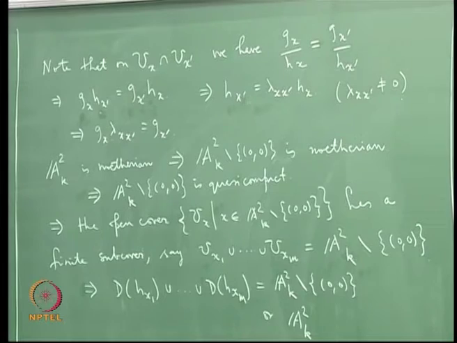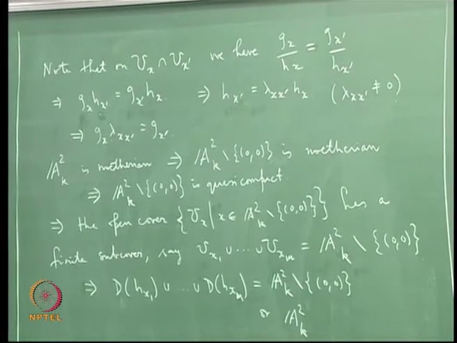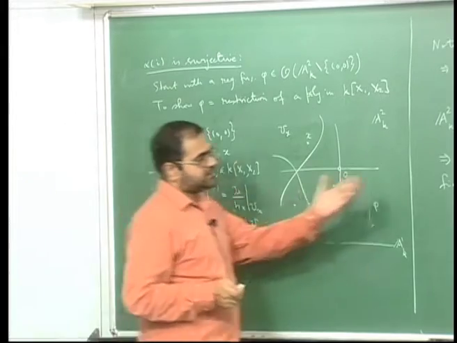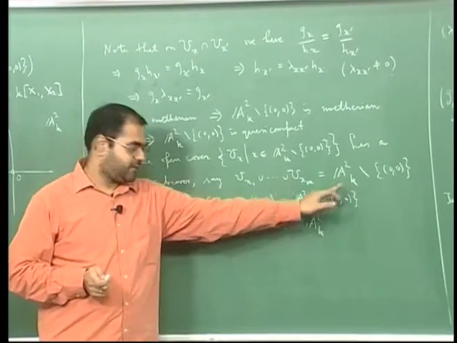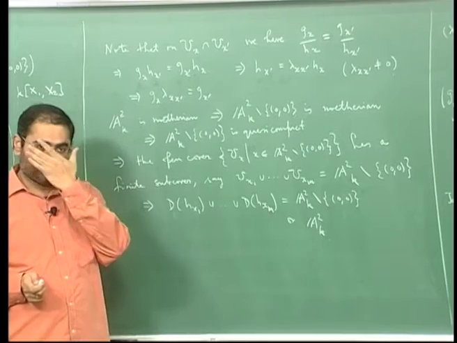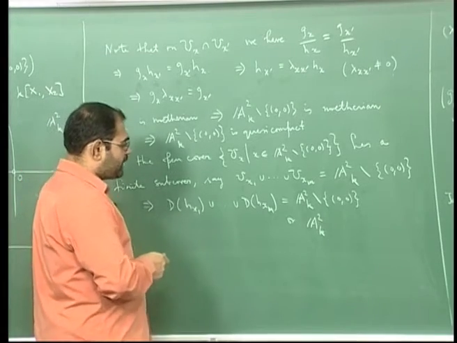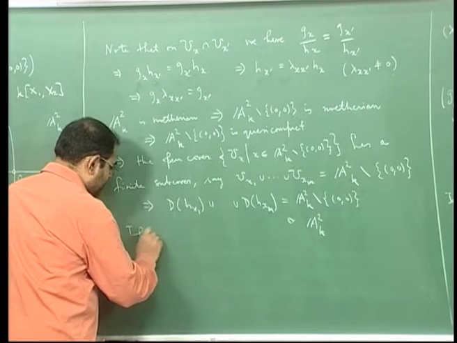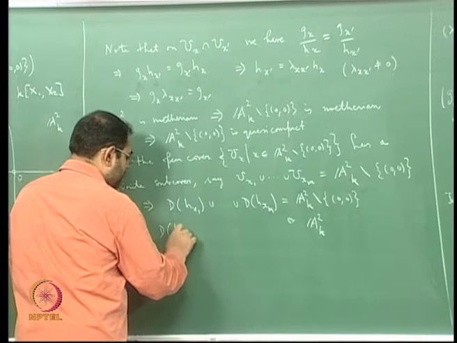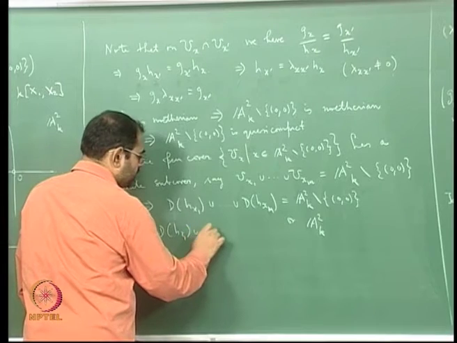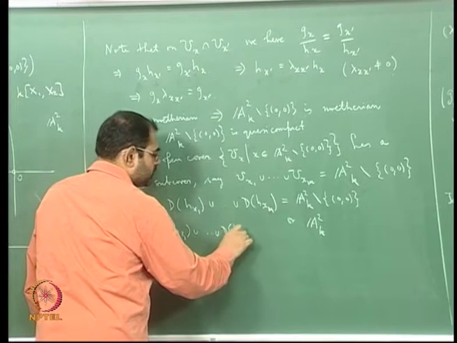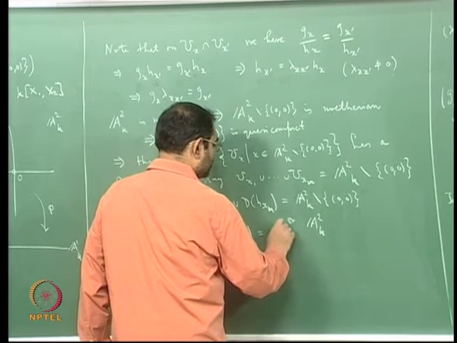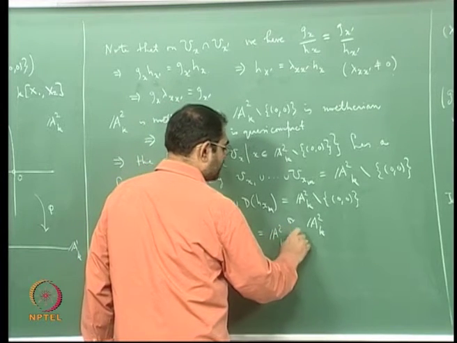So in any case every dHx contains Ux, so if you take the union of all these dHx's, it has to contain this punctured plane, it might even contain the origin. Now what I want to tell you is that each of these has a meaning. If you exhaust each case you will get the contradiction. If dHx1 union dHxn is equal to A2, if that is equal to the punctured plane,